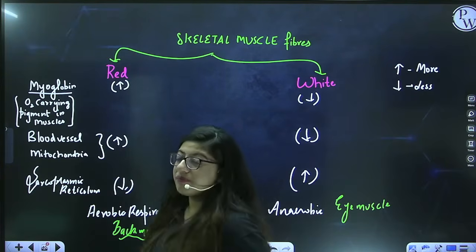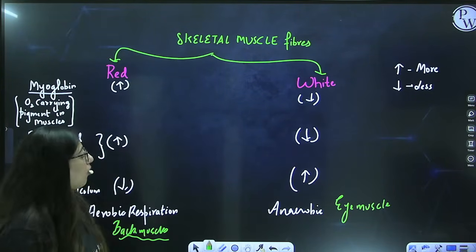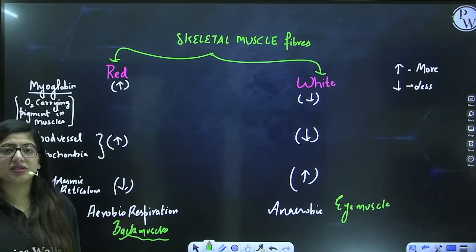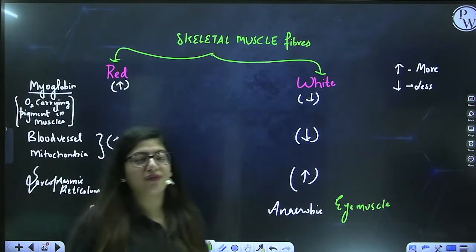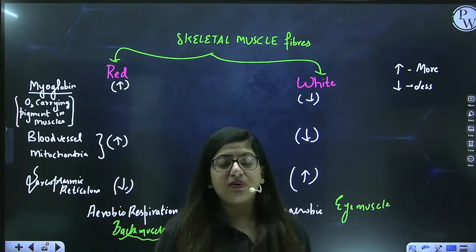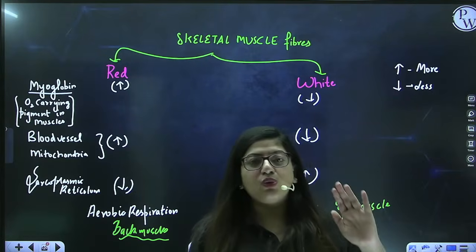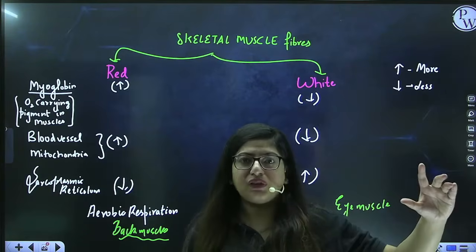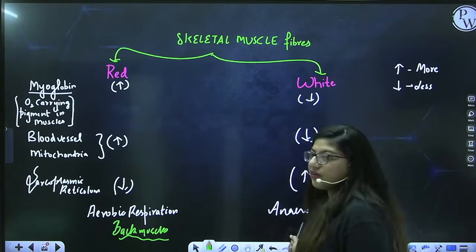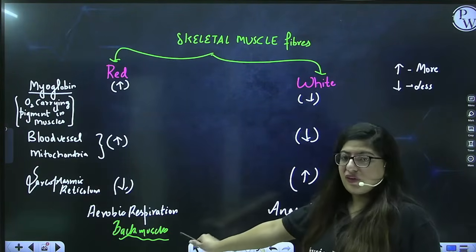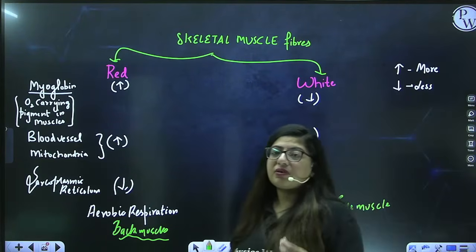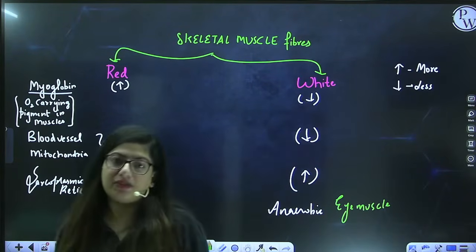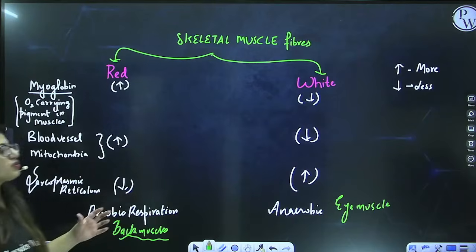Okay. Also, red muscles are present in the flight muscles of migratory birds, the birds that have to fly over the oceans to migrate from one place to another. So they cannot get fatigued. They cannot afford anaerobic respiration. So they have red muscle fibers, whereas non-migratory birds have white muscles. Okay. So that's the difference between both the muscle fibers.